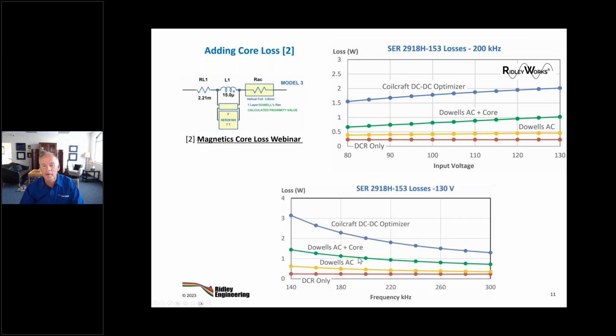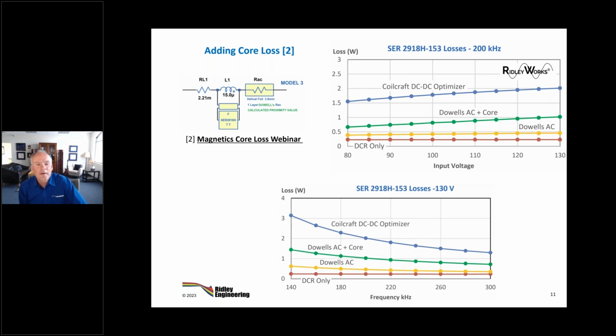So there it is also on this, but hey, at least we're getting the effect here. The loss is coming up versus the blue curve here. So we know it's climbing in this region. It's climbing much faster than just AC. The AC resistance is telling us, but it's still not good enough. It's still not good enough.